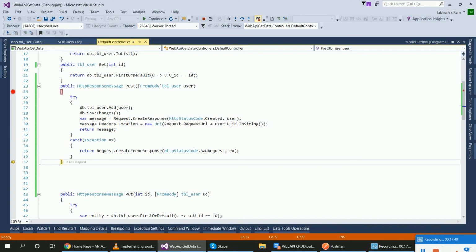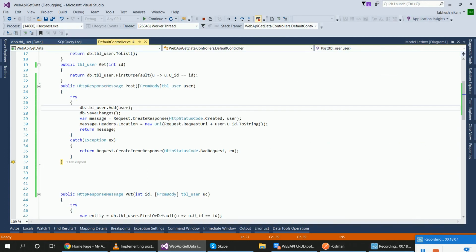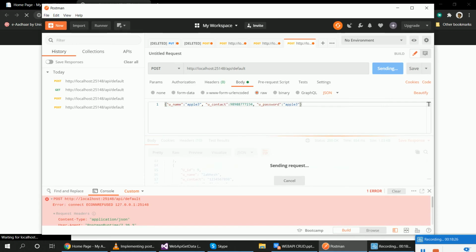Then Ctrl+Shift+F9 to delete the breakpoint, save this program, refresh the page for localhost and go to Postman.